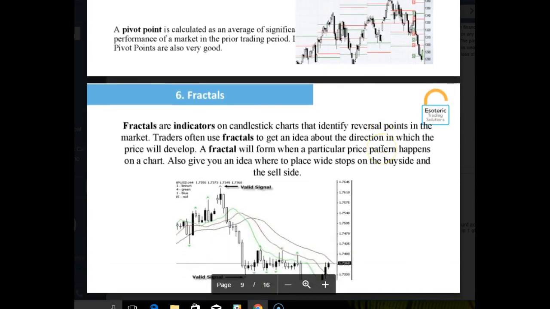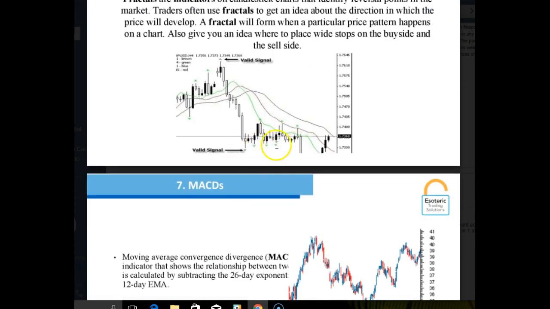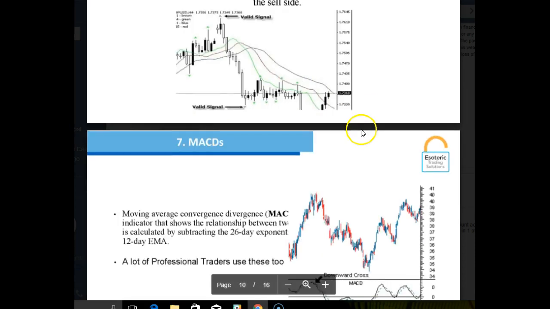Sometimes I use fractals. Fractals, again, can identify reversals in the market, but I also use them for stop losses. For me, as you can see down the bottom here, the price action shouldn't get there if you're right, so I use fractals very much for stop losses. If I'm going to buy here, where it's forming a base, just where I'm pointing, I'll use the fractals to tell me where to put the stop loss on a wide stop loss. So I do like the fractals for that, pretty much.